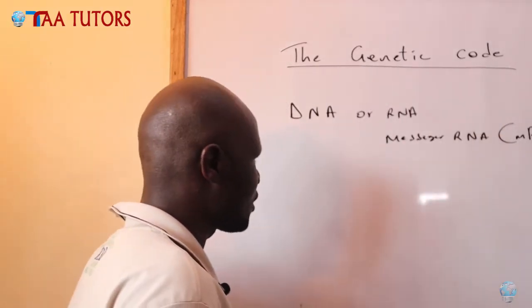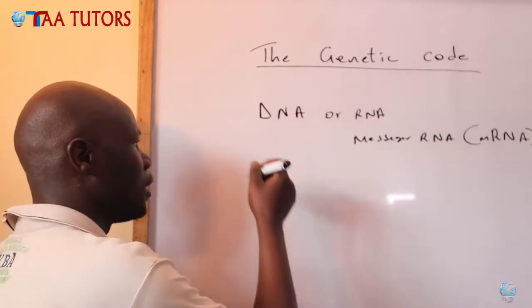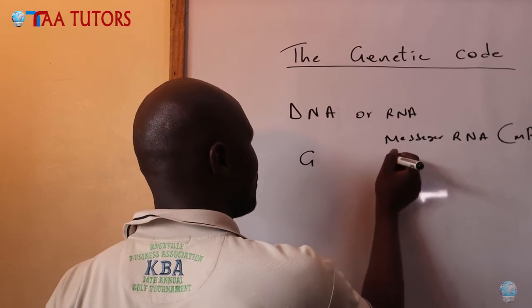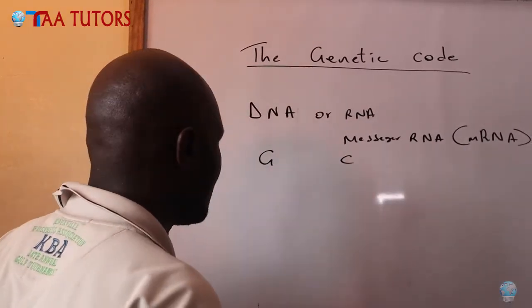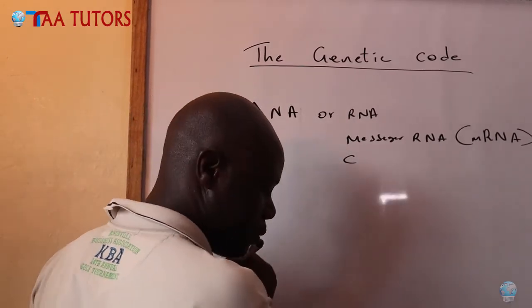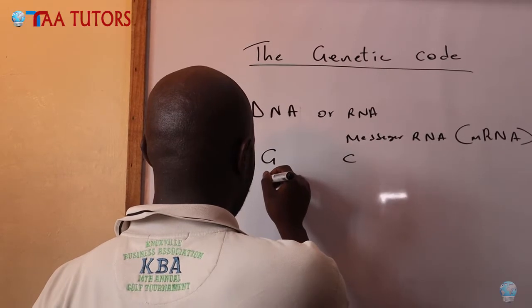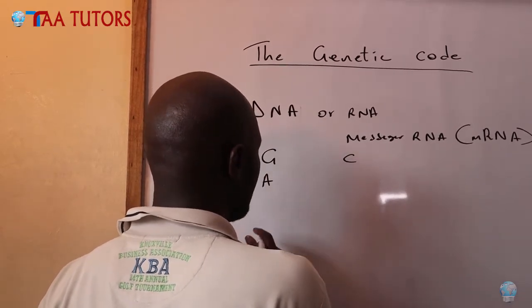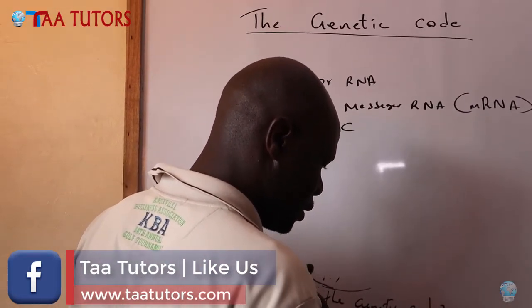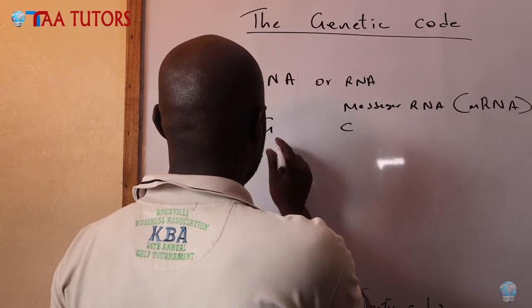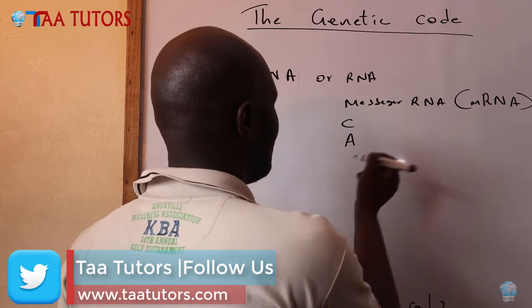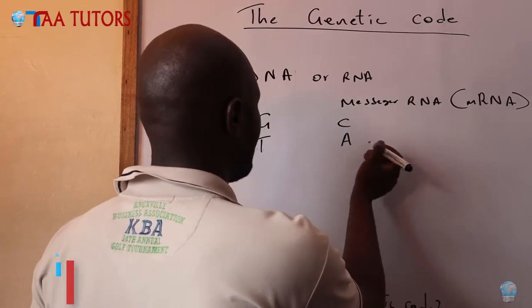Always in this strand, we have to know how the DNA bases normally combine. The G here will always be combining with the C in the RNA, and the C on the other way will be combining with the G. Then when we come to this, the A here will be saying that the T is going to combine with an A, or an A with a U,